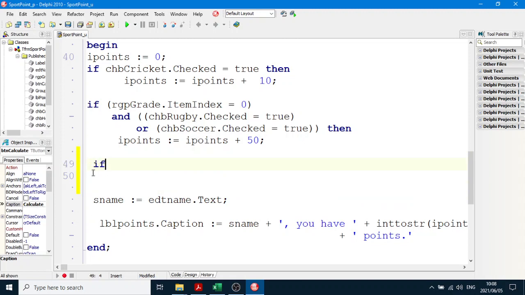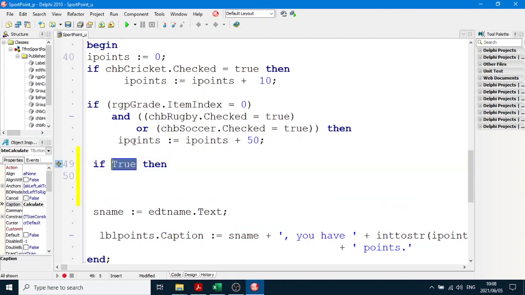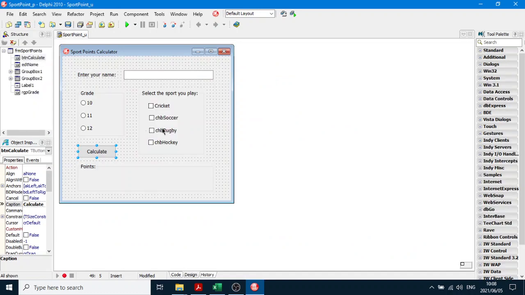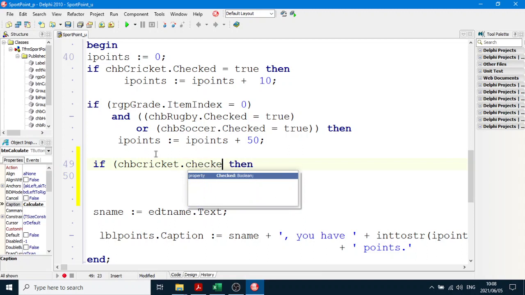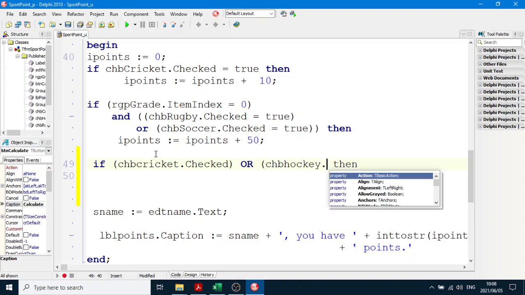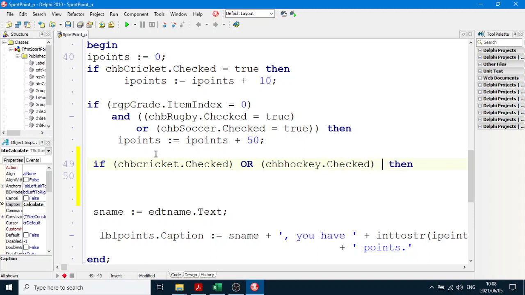If any of these checkboxes, well, we've got to go and quote them all. If CHB cricket.checked, so I'm going to say if CHB cricket.checked, if any, so if that one, or CHB hockey.checked, or CHB, let's go and put it on the next line,